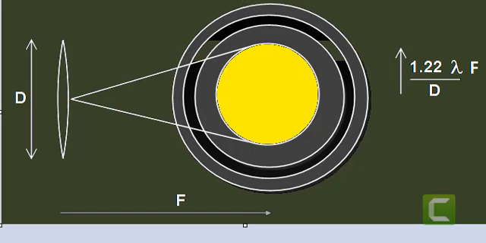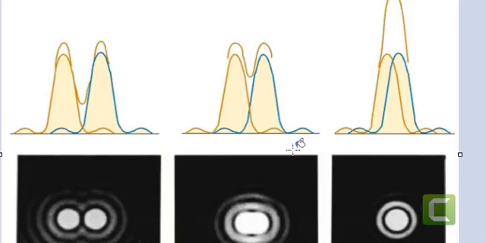Fine. Now suppose there are two objects at the same time. The lens is forming images of the two objects at the same time. In the first diagram you can see the two central maxima are separated. You can see them separately. In a graphical representation, the central maximum curves are not meeting. In the second diagram, the images came closer. So the two overlapped, and you can see the intensity graph also got an overlapping.